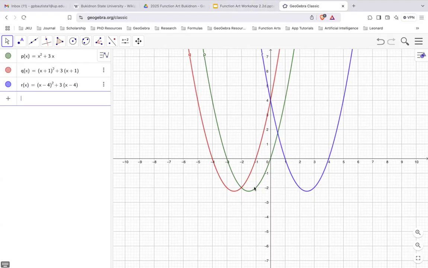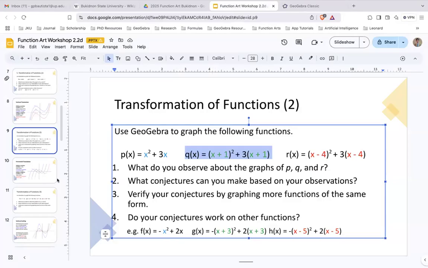So you can check the corresponding point. For example, this one. This is x equals -1. It becomes x equals 3. X is 0 here. It becomes x equals 4. So it moved 4 units to the right. Okay. And for the third one,